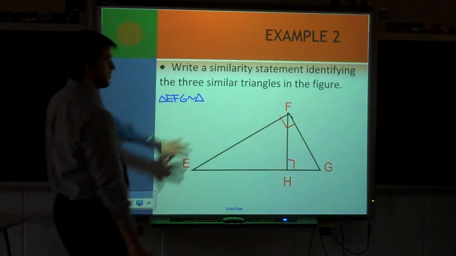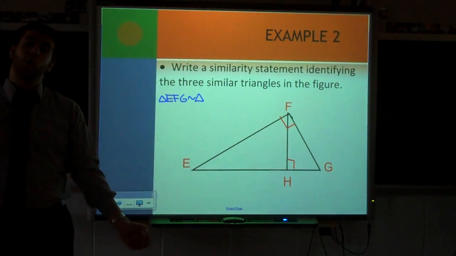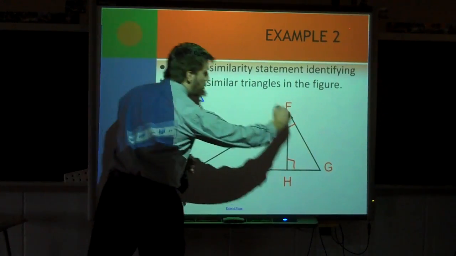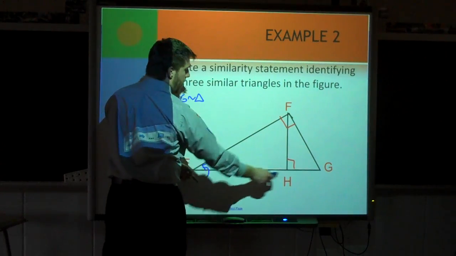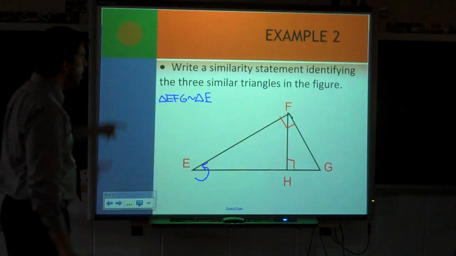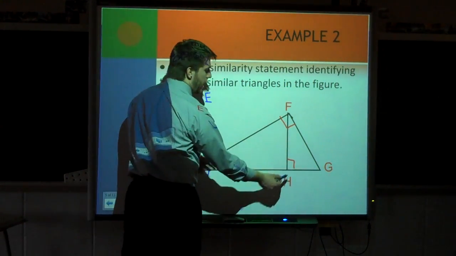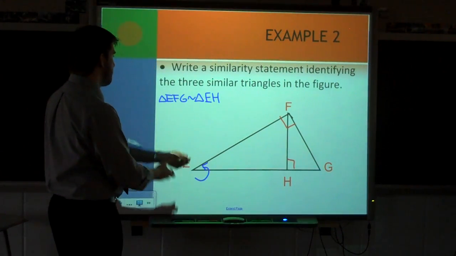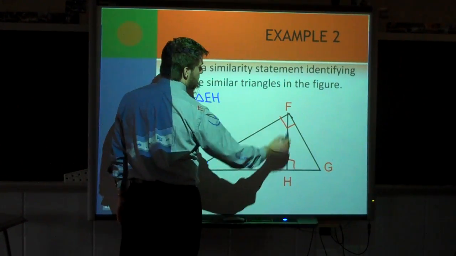Let's say I look at this triangle, it's over here on the left. Just like we've used similarity statements before, I just need to pick out what angle matches up with what angle. So I'm looking at the whole triangle, and then I look at what matches up with E. Well, on the smaller one right here, E matches up with E. So it goes first. On the big one, F is my right angle. When I look at that, on this smaller one, H is my right angle, so it has to go next. And then the only other one left, if I've already used E and H,